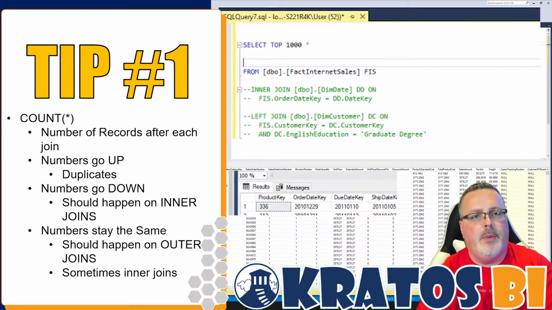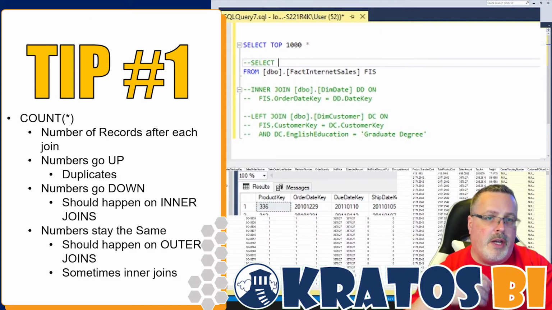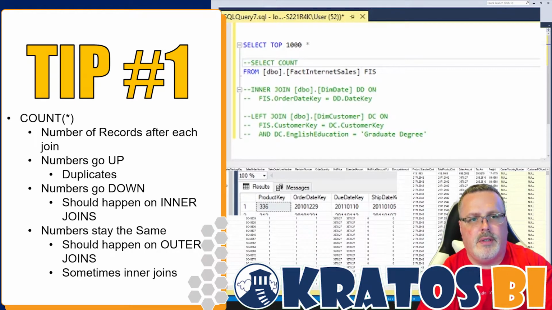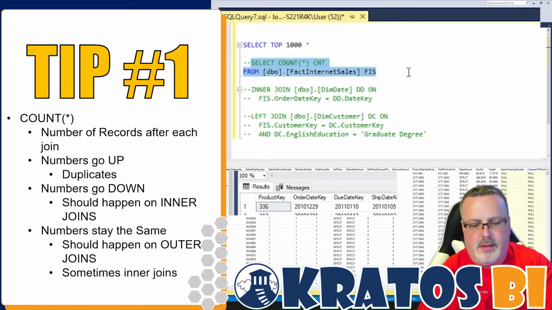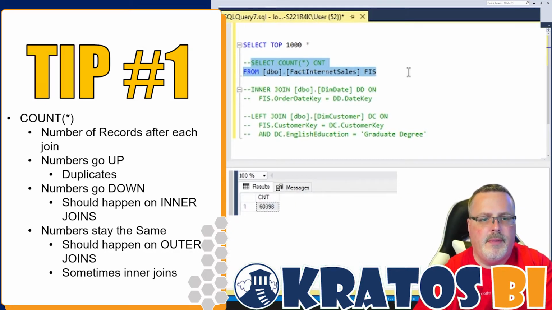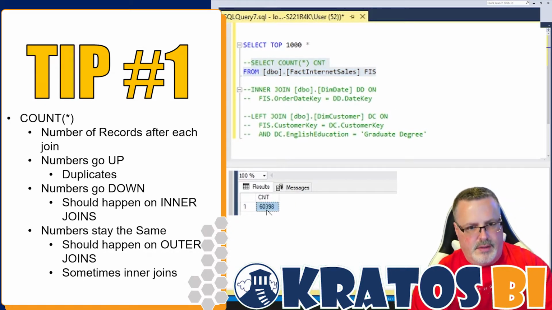So a quick and easy way that I do when it comes to building out my queries, and to test to make sure that I'm not losing any information, is I put this as kind of a standard at the top of all of my queries I build out: select count star as CNT, commented out right above my from statement. What this does is allows me to highlight my base query, hit F5, I run, and I see that it's